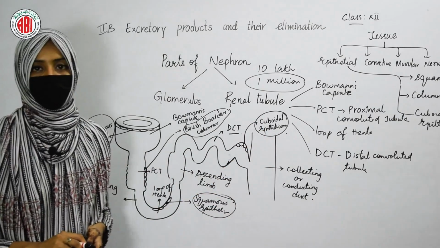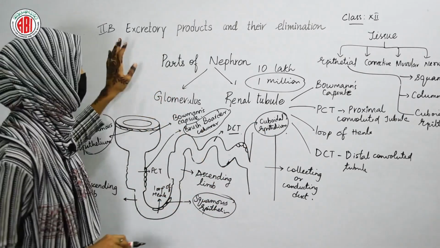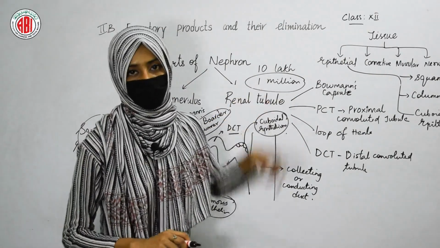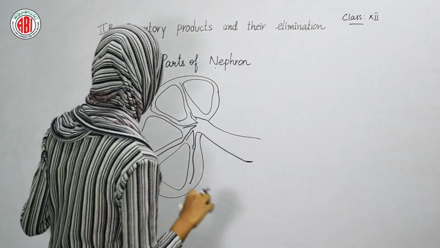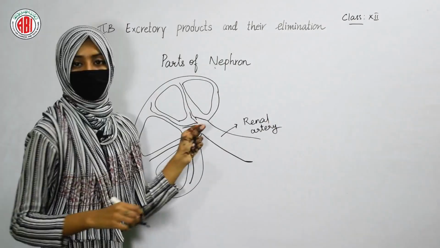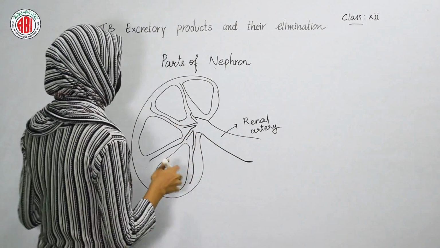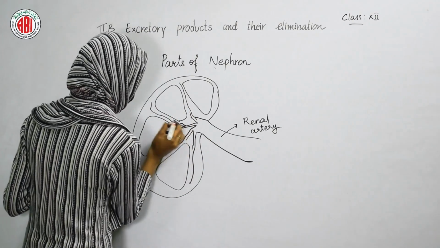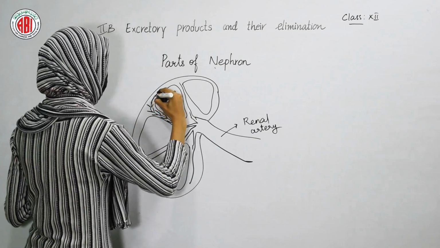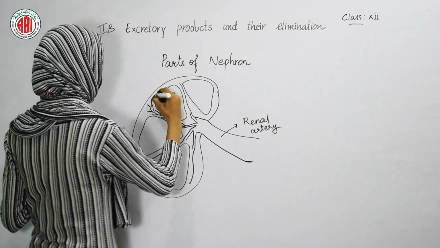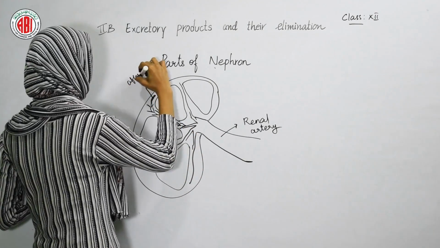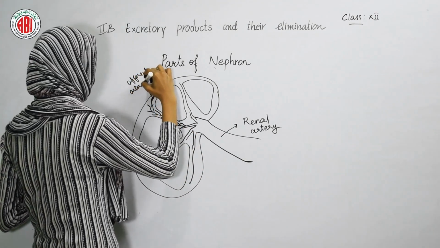This is about the different parts that you can see in the structure of a nephron, and in each kidney 1 million nephrons are found. Let us see where the nephron is found in our kidney. We know that this artery is called the renal artery that carries the blood into the kidneys, right? This artery, when it opens into the kidney, is further branched into different arteries like this. It is branched into small arteries, and one such artery is our efferent arteriole which supplies the blood to the nephron. So this is called the efferent arteriole. This efferent arteriole opens into the nephron and supplies the blood to it.